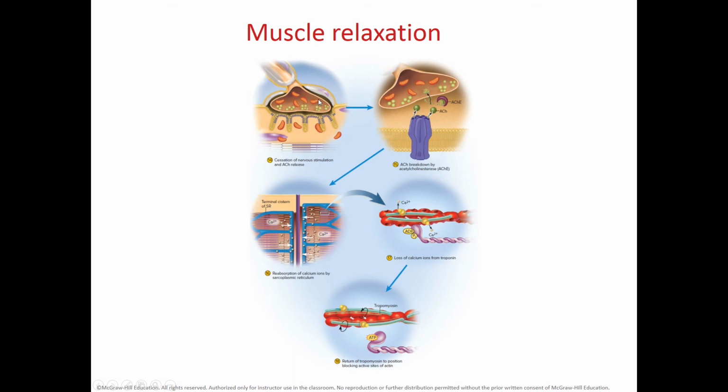So when you stop sending acetylcholine, and when acetylcholine is broken down by acetylcholinesterase, you don't have more acetylcholine bound into the receptors for acetylcholine in the sarcolemma, in the motor end plate. So you will have the cessation of nervous stimulation, and then you reabsorb back the calcium into the terminal cisternae of the sarcoplasmic reticulum, and then you will have loss of calcium ions from troponin, and then tropomyosin can move